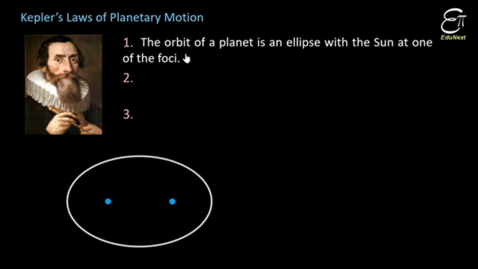अब देखते हैं केपलर का फर्स्ट लॉ ऑफ प्लैनेटरी मोशन, ये क्या कह रहा है कि प्लैनेट्स का जो ऑर्बिट है, जिस पाथ में ये सन के चारों तरफ घूम रहा है, ये ऑर्बिट एक एलिप्स होता है। वैसे अब तक हम अपनी किताबों में जो भी देखते हैं उससे हम अंदाज़ा बनाते हैं और हमें लगता है कि सन के चारों तरफ प्लैनेट्स सर्कुलर पाथ में रिवॉल्व करते हैं। वैसे सर्कुलर पाथ में रिवॉल्व करना बहुत किस्मत वाली बात है, क्योंकि सर्कल एलिप्स का एक बहुत ही स्पेशल फॉर्म है, ना इधर से चपटा ना उधर से चपटा, बिल्कुल गोल। ऐसा नॉर्मली नहीं होता है। तो प्लैनेट्स का जो ऑर्बिट होता है, वो नॉर्मली एलिप्स होता है।